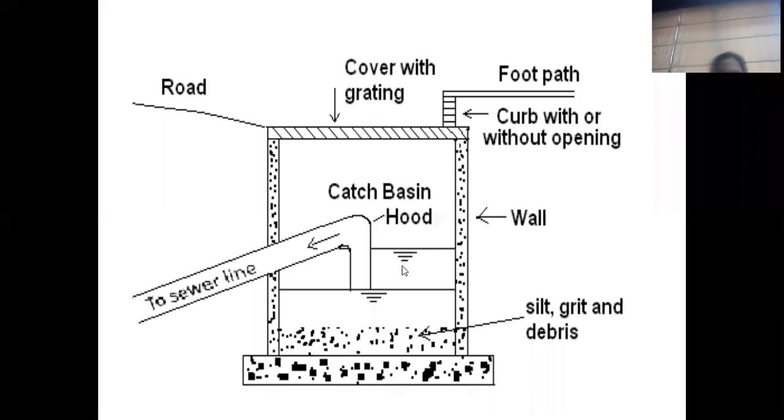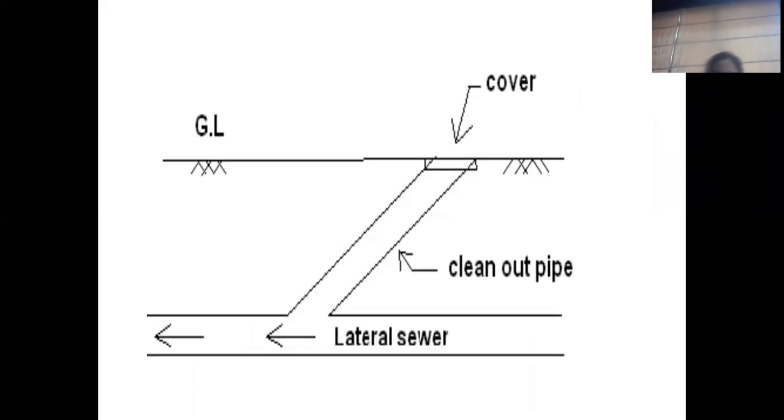So both the problems with respect to inlets we face will get resolved in this new design, that is nothing but the catch basins. And here at the bottom you can see silt, grit or debris material can be settled, and that can be removed periodically by opening this cover. And again we can put this chamber into operation. So that we have discussed.